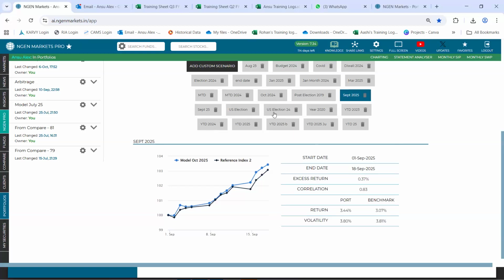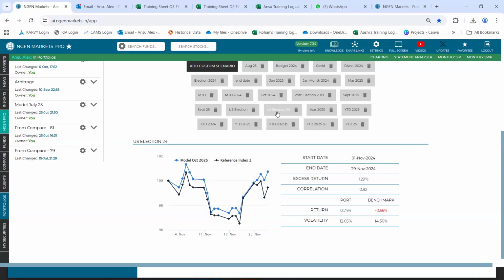So, for example, let's say I just use this option of US election 2024. Historically, how did the portfolio perform in that respective time period? So, you can see how is the portfolio performing against that of the benchmark, which helps you identify wherein during volatile scenarios, how was your portfolio performing.